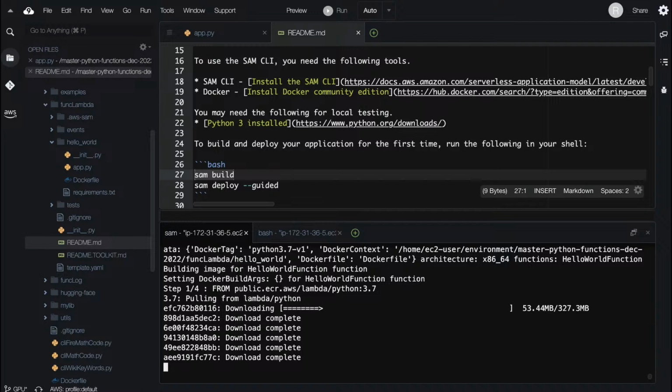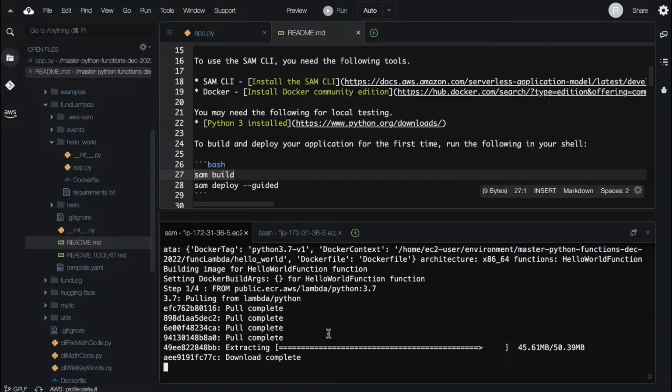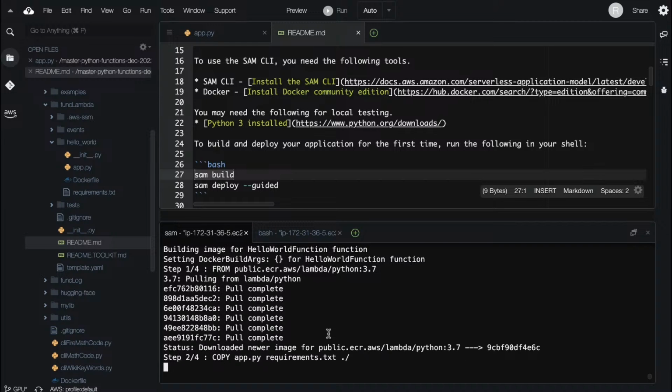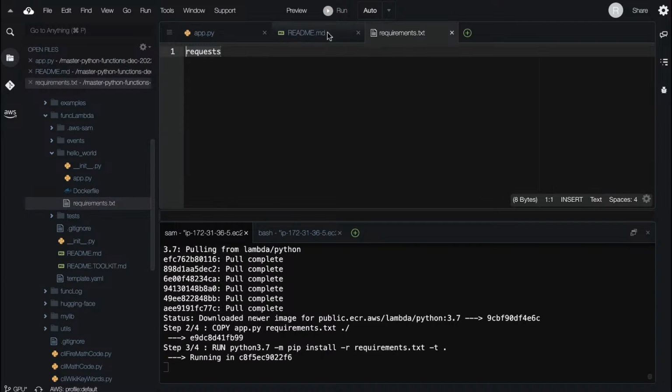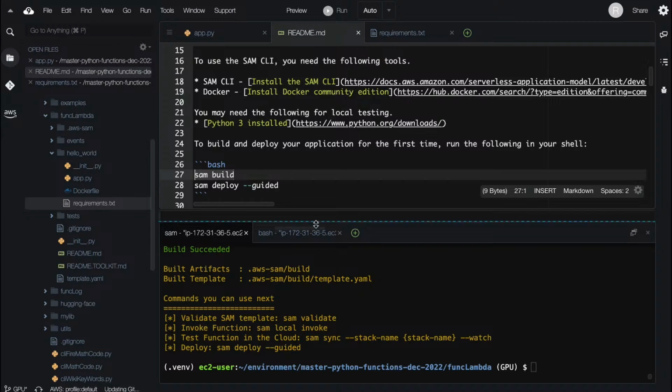So it's going to go down. It's going to pull a Docker container image that will allow us to invoke this within this particular environment. And that is one of the cool things about using containers, is it lets you essentially invoke things in this particular environment, and we see that it's actually pulling these requirements there. So I can use this requirements file here as the thing that's going to get installed, right? There's not a lot actually that's going to go on there.